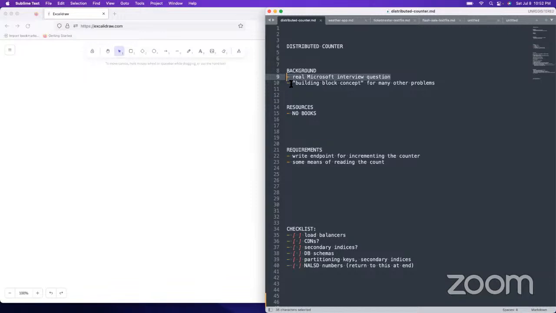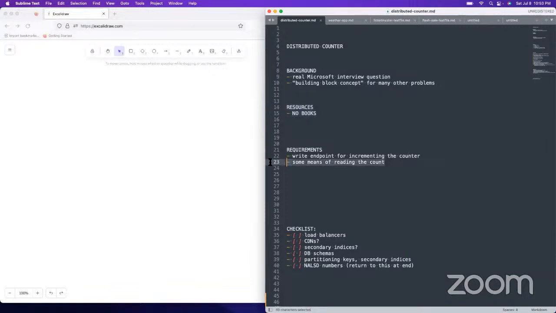And it's a building block concept for a lot of other problems like top K, flash sale, hotel booking even kind of has a counter, inventory, Ticketmaster. So many different problems have some kind of counting thing involved. It's almost like a component of so many larger systems, and you just match it with these other pieces. It's not really covered on its own in any books. Of course, a bunch of different books cover stuff that builds on top of it.